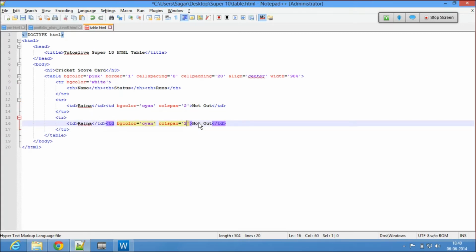So here somebody is out. So when somebody is out, there is no colspan. This guy's status is out, and I want to show runs here. TD. So runs, let's say 32, and this time this is Dhoni.